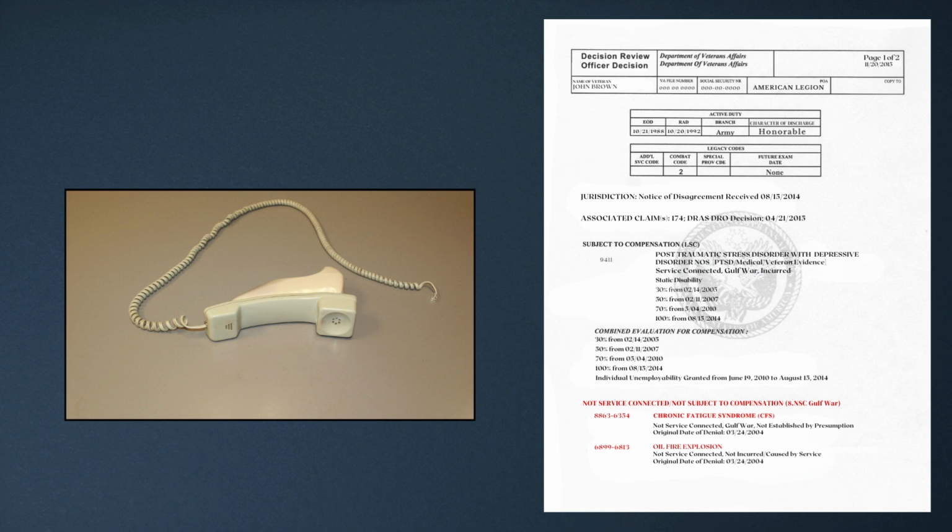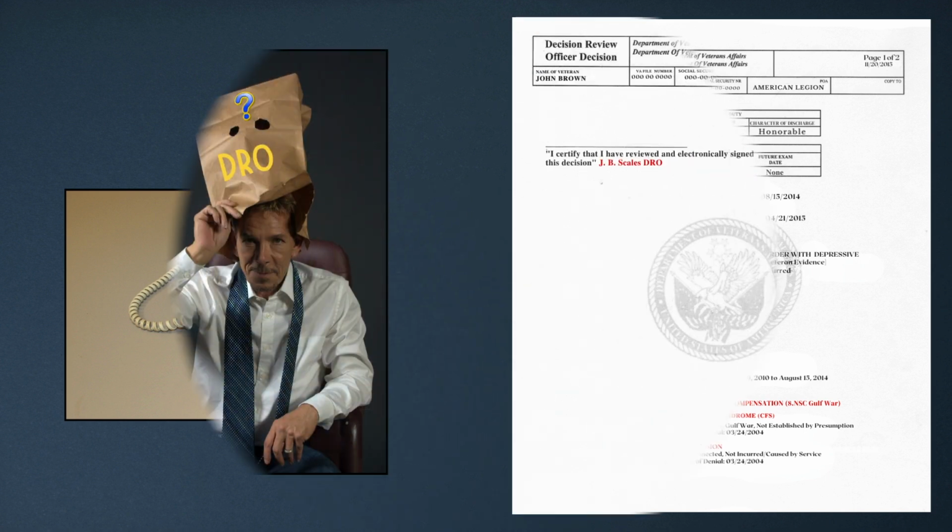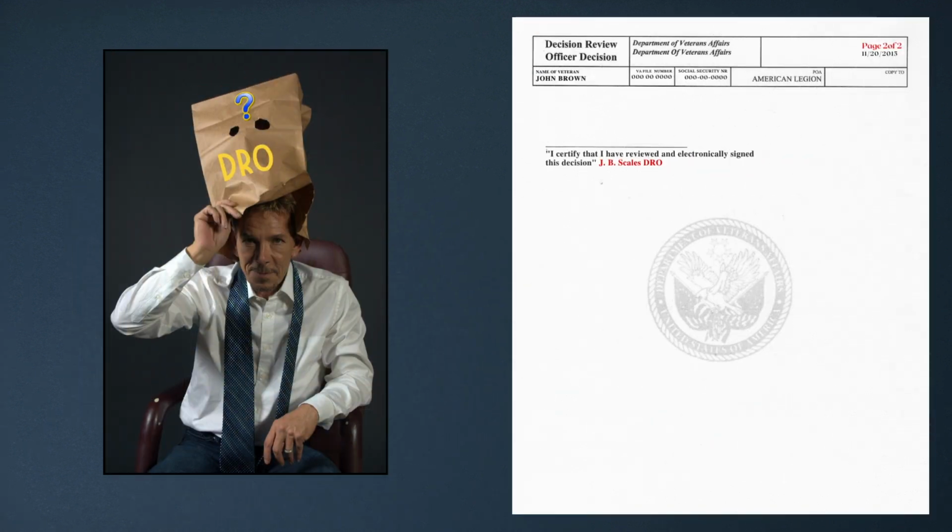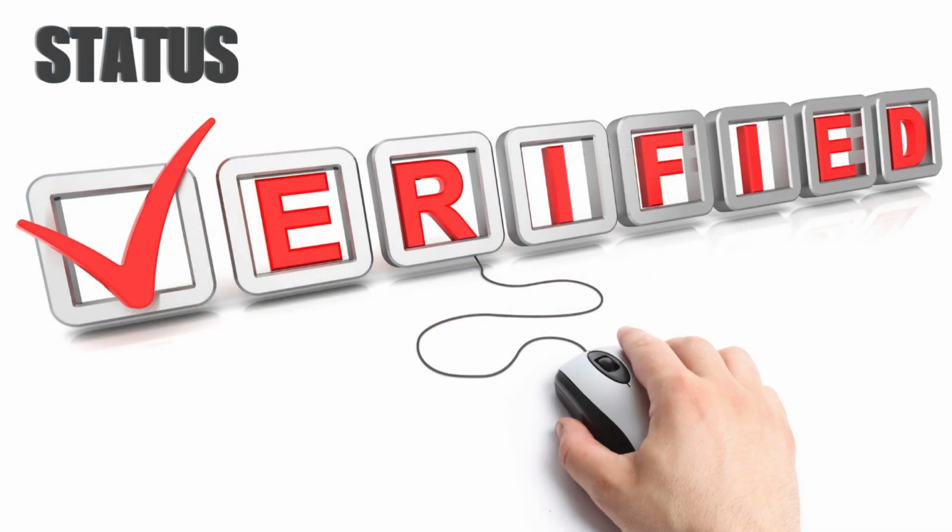Now we have a surprise for you. There's an important piece of information that's revealed on this document that you would never receive on any other VA paperwork, and that is the identity of the VA employee who completed your decision review letter. This is the main reason this document is so hard to obtain. Not only were we able to verify Mr. Brown's status based on his rating code sheet, we were also able to verify the identity of the individual that